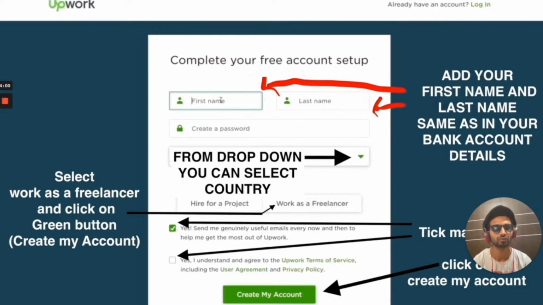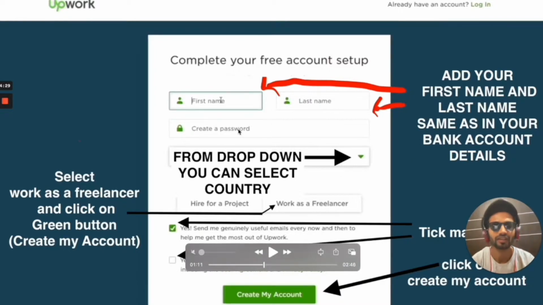So you need to show your identity cards, and your first name and last name should match with the identity cards, and the same in the bank details, because if your first name and last name do not match with your bank account details, then you will face difficulties in withdrawing your funds. So fill in all the details carefully.